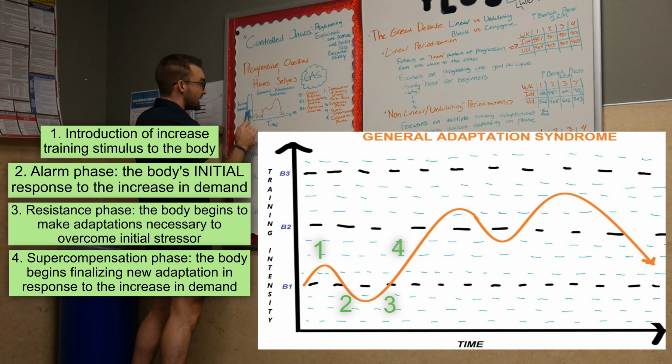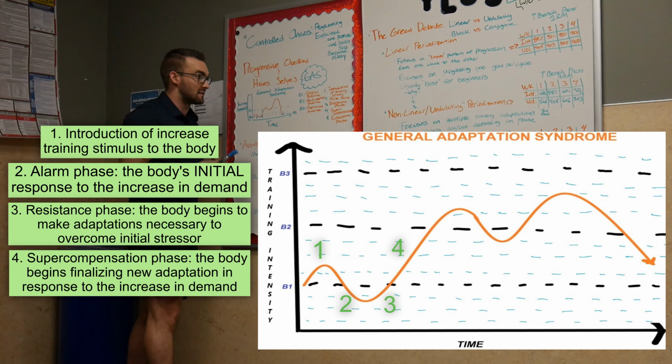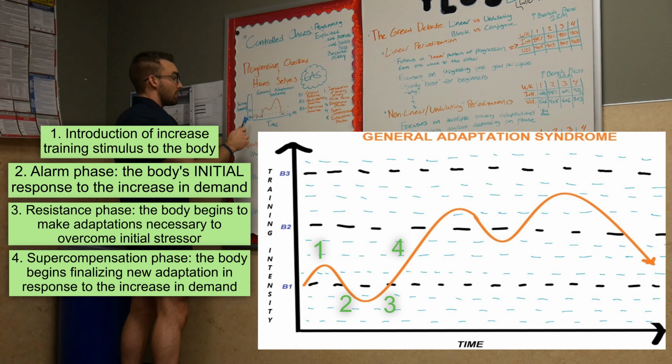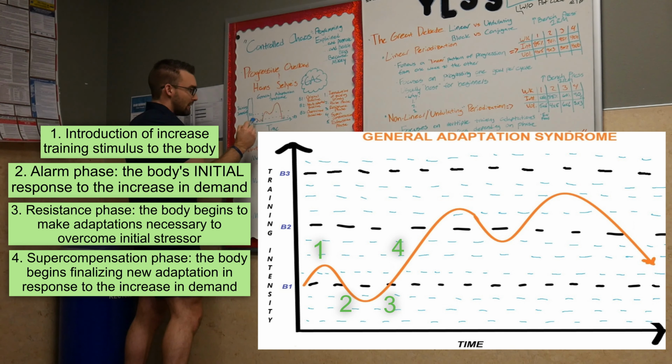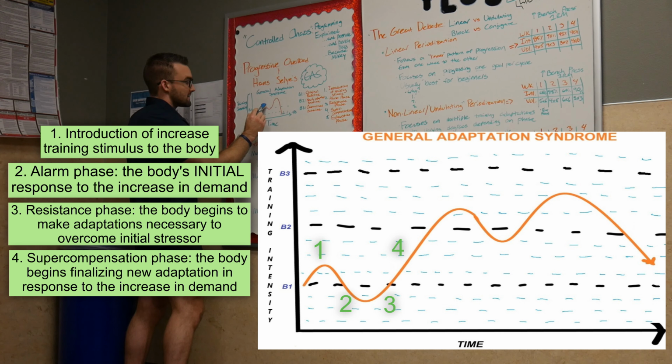So now we've reached and are seeking to at least maintain baseline number 2. This is our newly adapted baseline that we are now training at. This can be the following week, this could be the next workout, whatever it is. This isn't limited to weeks, months, years. It can be day to day as well, or workout to workout. So now we have this new baseline. We follow that same process: alarm phase, or an introduction of that newer, higher stimulus, alarm phase, resistance, super compensation, and so on.